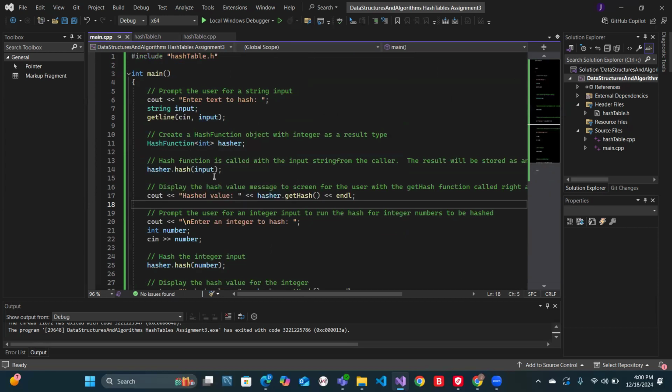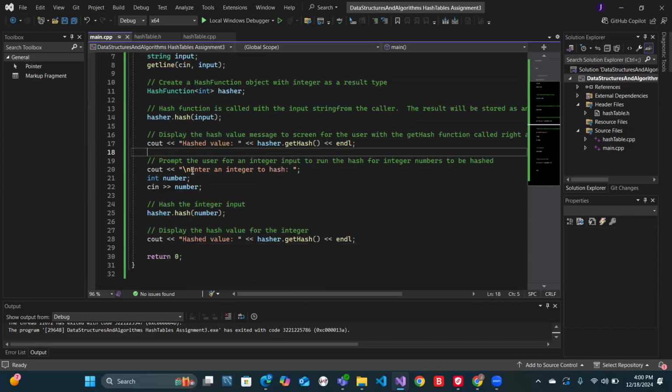That takes place in our first one, and once we get a return, we get the value, and then it prompts the user to input an integer, and so we declare variables. We allow the input, and we return and we call this